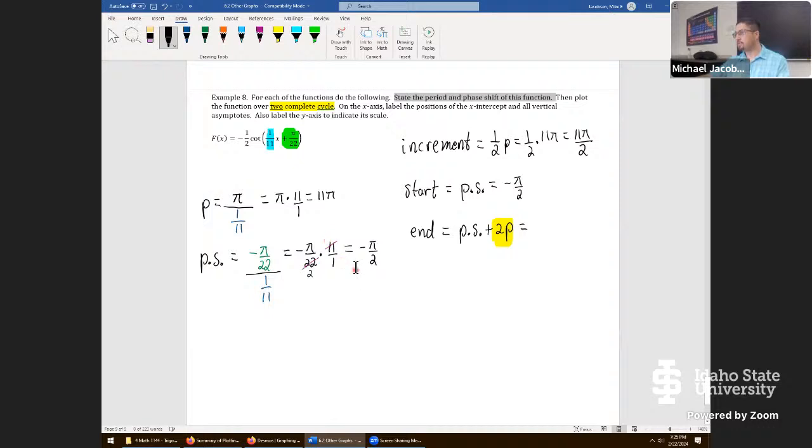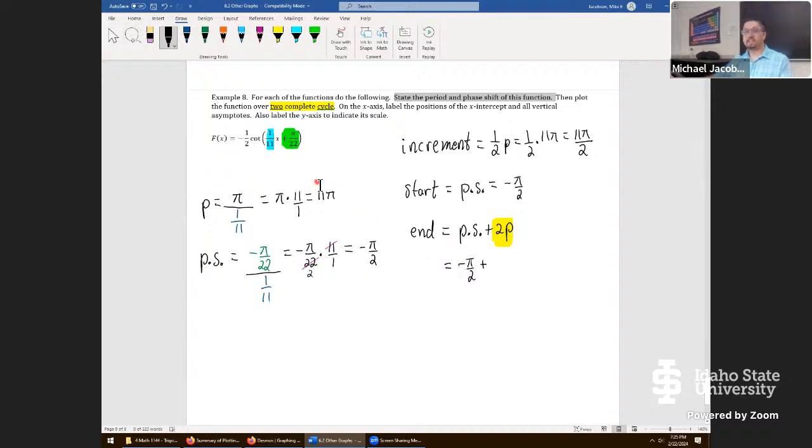So phase shift was the -pi/2. I'm sensing I need a little bit more space here. That actually should work out. Let me look at my work here. But I think I do need a little bit extra work for the arithmetic. So for phase shift, I'll put in -pi/2 to start,